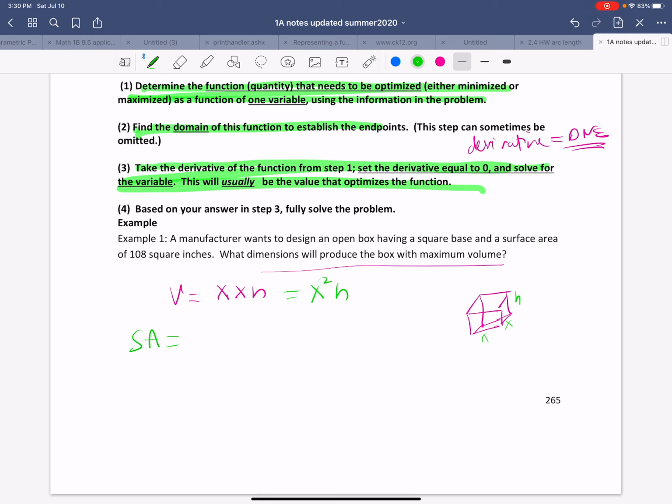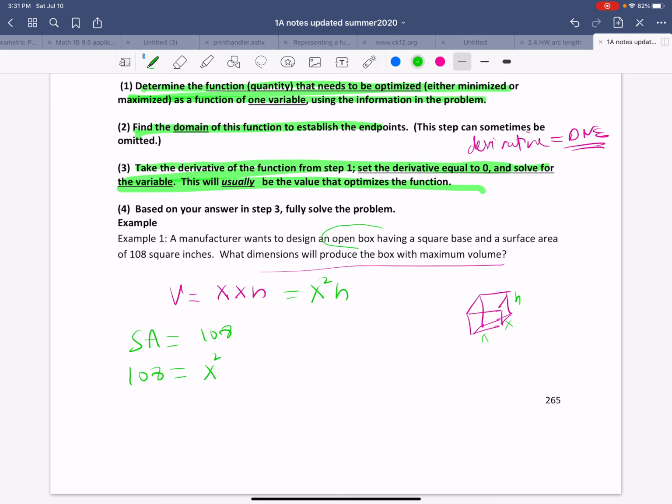Surface area is given to me: we want the surface area to be 108 square inches. So what's the maximum volume we can fit into a box whose surface area is 108 square inches? So let's see, surface area consists of the top, bottom, and the 4 sides. The bottom is going to be x squared, and